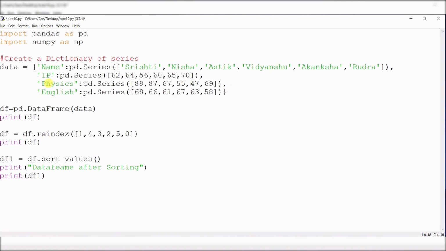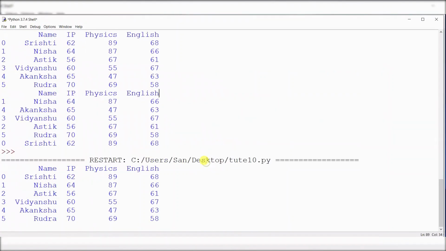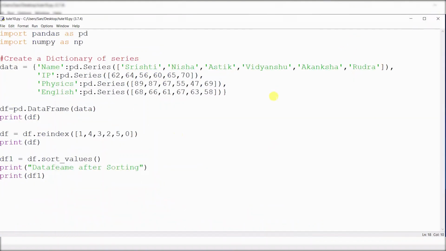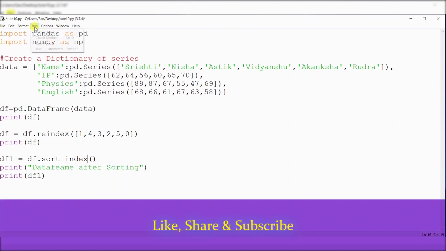Now run your program. Okay, sort_values is missing. Now check what is missing. Sorry, we are changing an index. Now here it should be index, not values. We are using an index. Now sort_index, run your program.